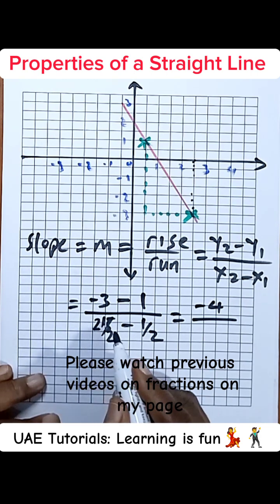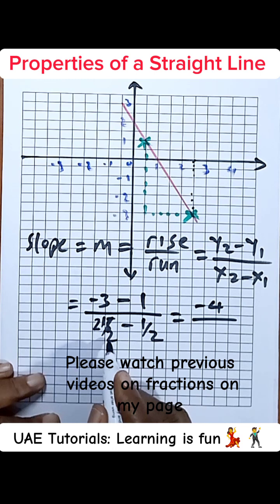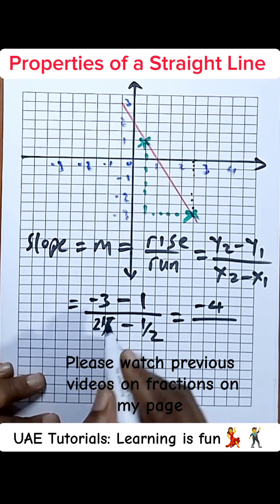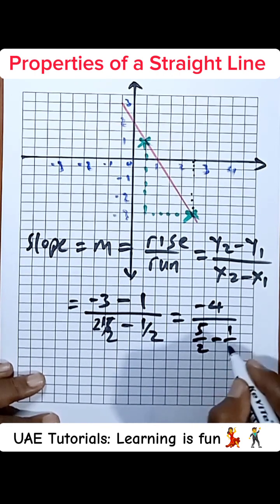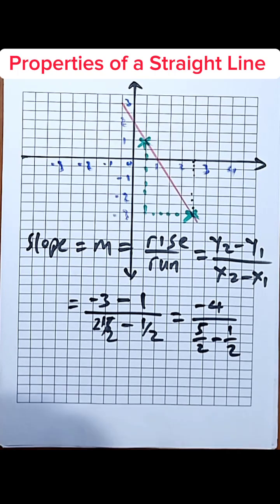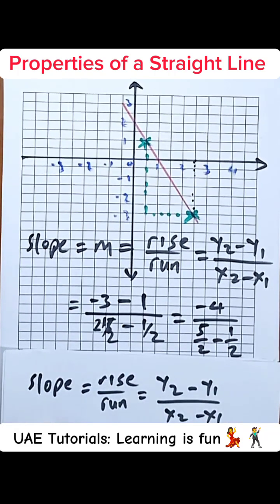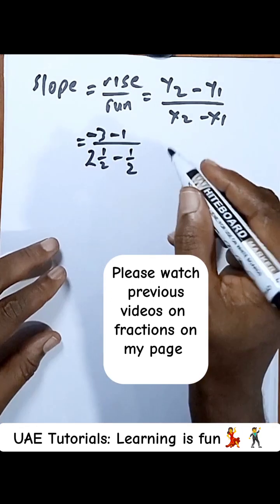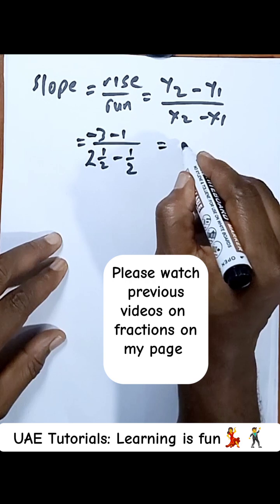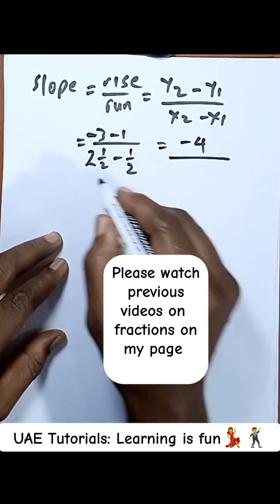We're going to convert this to an improper fraction. So use this to multiply this. 2 plus 1, that's 5 over 2, minus half. I hope we can see what we're doing. All right, so this is where we were, that our slope is equal to minus 3 minus 1 all over 2.5 minus half. I just decided to move this to a plain sheet so that it will be easier for us to solve. Now, minus 3 minus 1 is the same thing as minus 4 all over